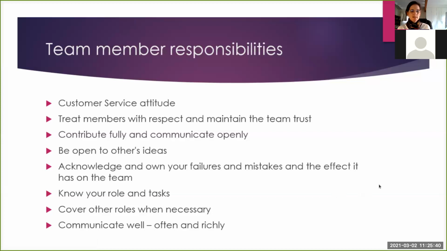Often we don't actually say this though. We talk more in the job description about, well, you must install pipes or whatever it is, but we don't talk about some of these other aspects, responsibilities to the team, to be a good team member. And sometimes it's a good thing to step away and say, guys, this is what I expect of a team member. This is almost like a code of ethics of how to participate well in teams.